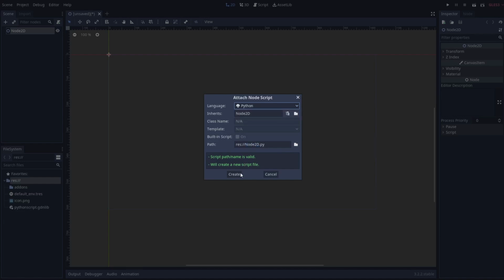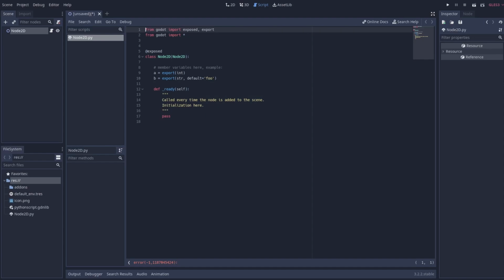So if we go ahead and click on Python and we hit create, you'll see that we have our Python script here. Now, some limitations of this. IntelliSense or auto completion does not work as of yet. There is a pull request out, I believe, to fix this, but as of right now, it does not work. So if I type in here and I go print, you'll see that it didn't auto-complete anything. Okay, and if I were to say like def,